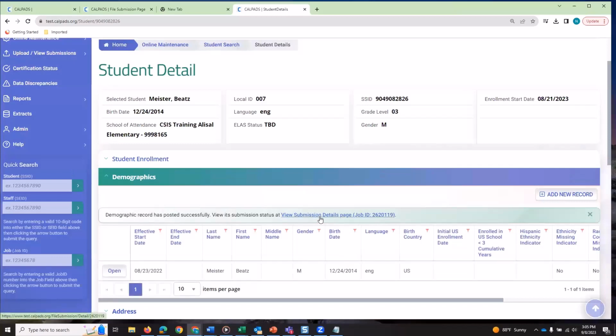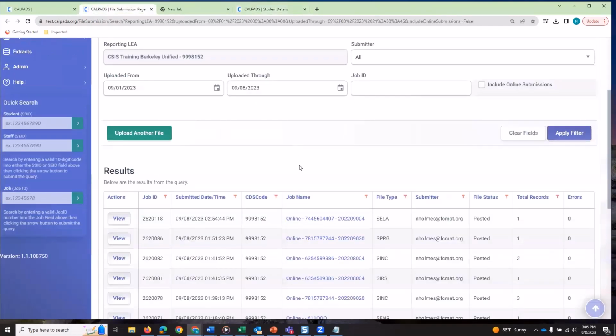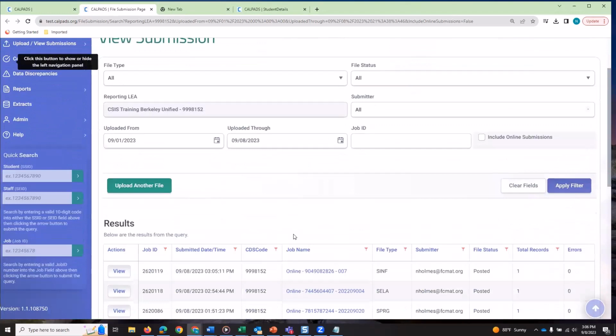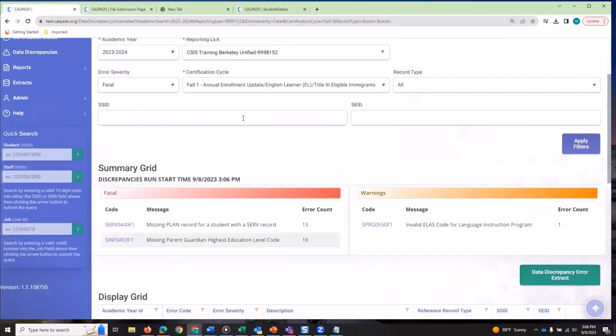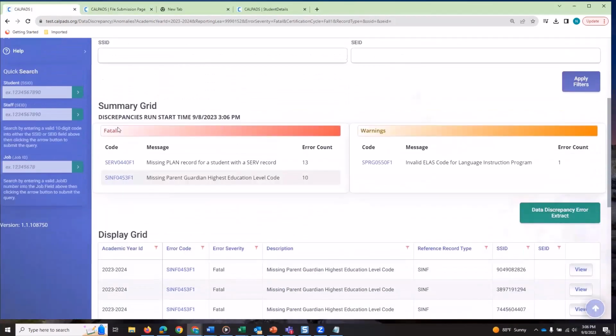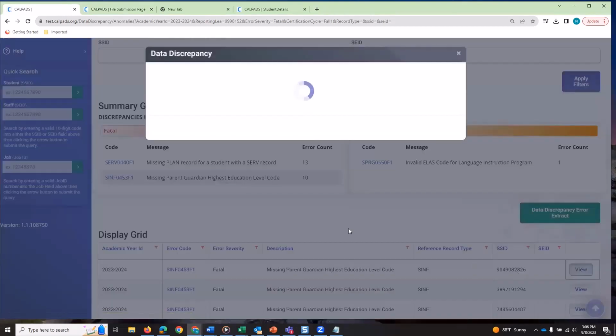Okay, so we've posted the record. We'll go back to the file submission page, confirm that. Hitting F5. Okay, so the record's posted at 3:05, and we'll go back to the data discrepancy screen. We have a discrepancy runtime at 3:06. So the data discrepancies just began, right? And if we try to look at that record,